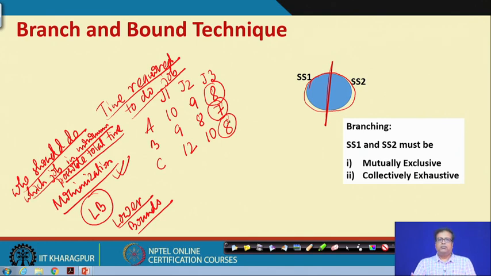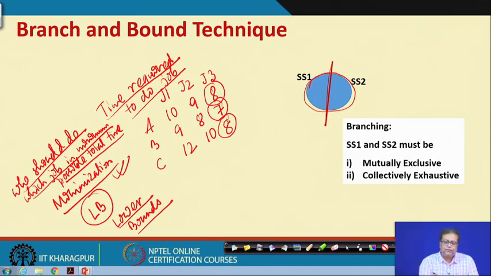You see, if only job 3 would have been done by A and B and C, the job could have been done in 23 hours. But then we need to do all the jobs, so just doing J3 is not enough. So, this 23 is a lower bound, no problem at all, but this 23 is infeasible. We have found a lower bound 23, which is an infeasible solution.